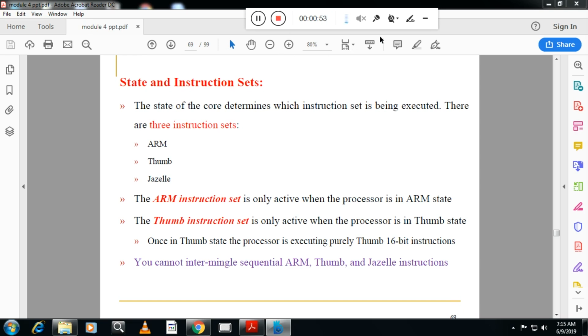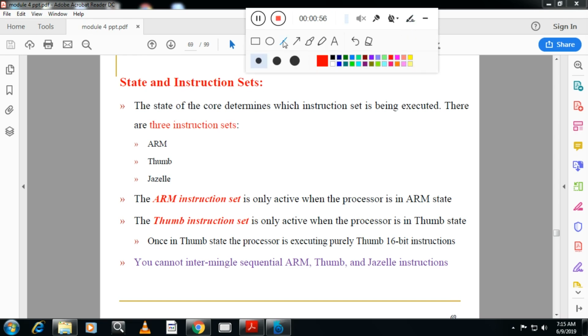The second set of instructions is called Thumb instructions. What is a Thumb instruction? A Thumb instruction is a 16-bit instruction. You may ask why a 16-bit instruction is required. For example, ARM is used most of the time in embedded systems. Consider a TV remote set. It has small functions, so it doesn't need the entire operating system or the entire set of ARM instructions. So there they use a small version of the instruction set.